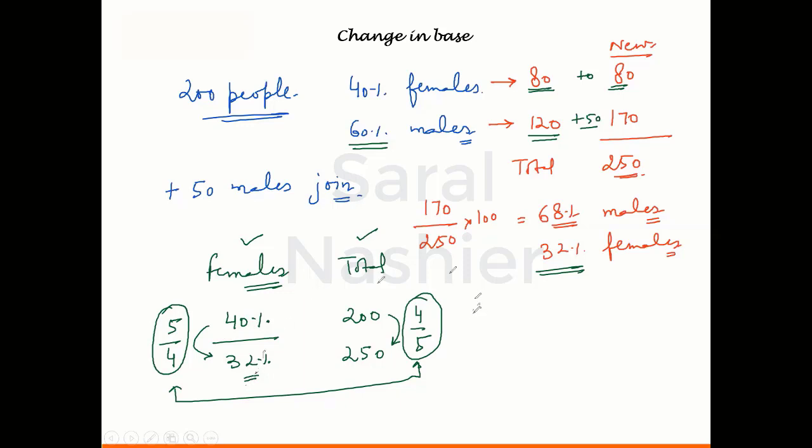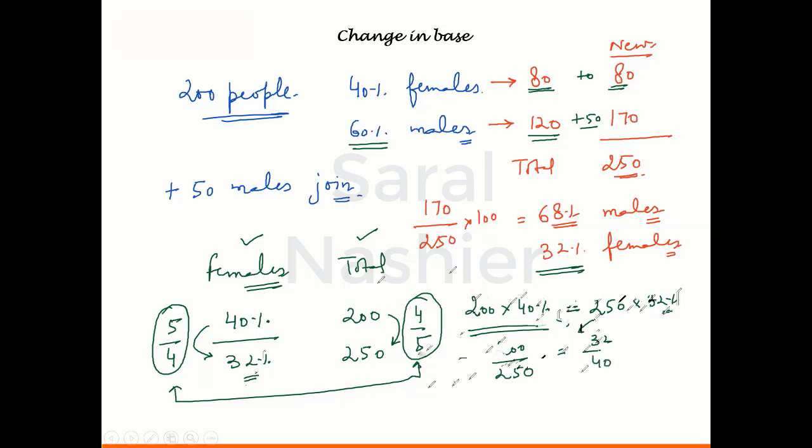I'll tell you the reason as well, why this is happening. The total population was 200, and 40% of them were females. So the number of females was 40% of 200. Now the population is 250 and the number of females is 32%, so it is 250 into 32%. Because in both cases the number of females is equal, 200 divided by 250, if I take 250 on this side, will be equal to 32 divided by 40 if I take 40 on the other side. So 200 divided by 250 is equal to 32/40. This is exactly what I have done here: the ratio of the percentages is the inverse of the ratio of the two totals.